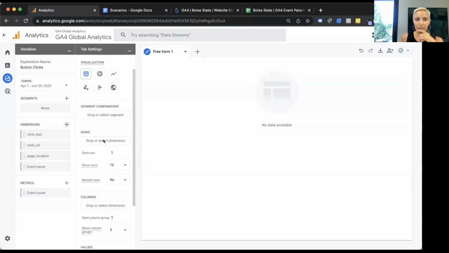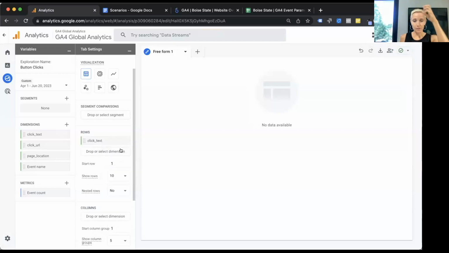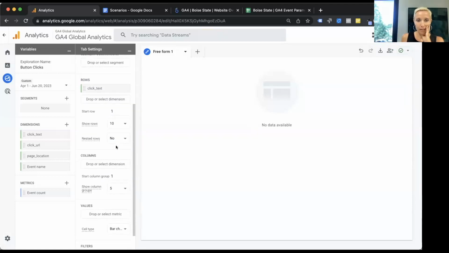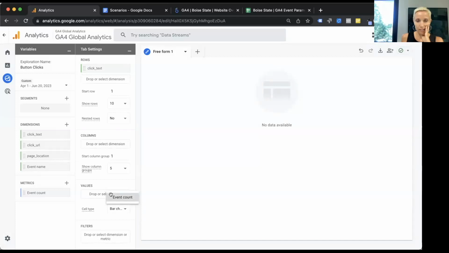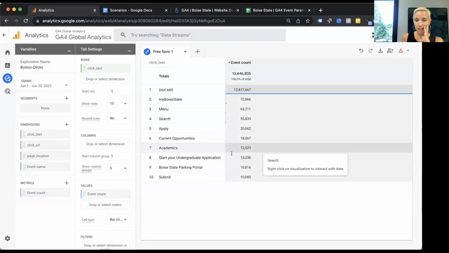You can either drag your dimensions and metrics over to the settings, or if you just click on rows, it's going to give you your available dimensions. So here I'm going to add click text. And then on my values, I want event count. And it's going to populate essentially click text event count.